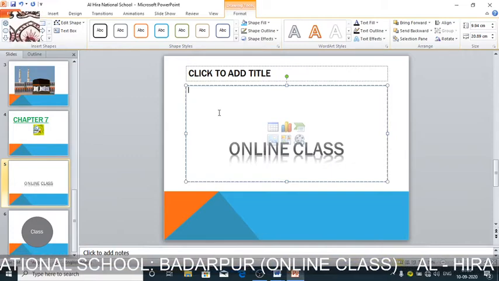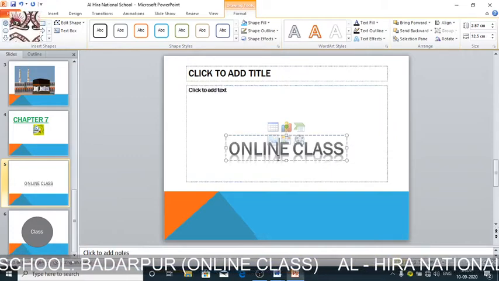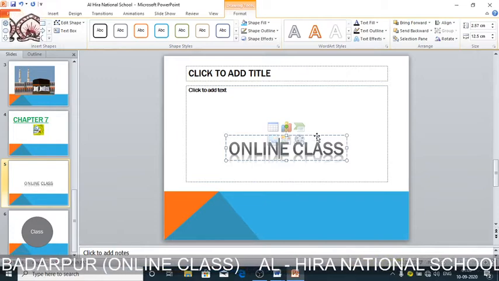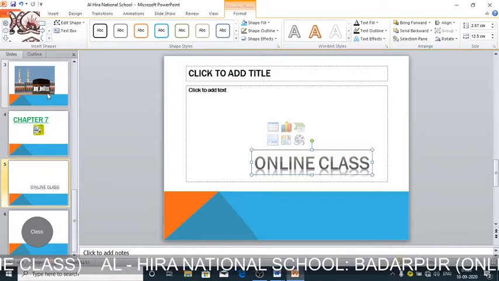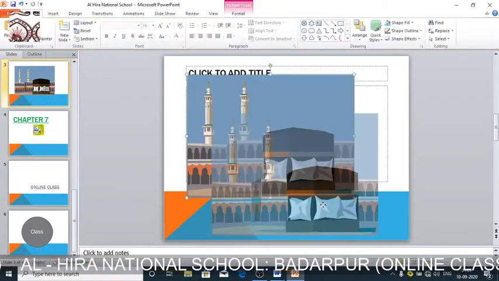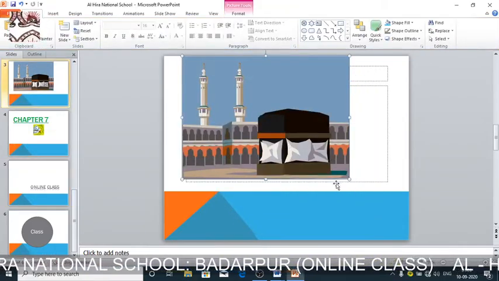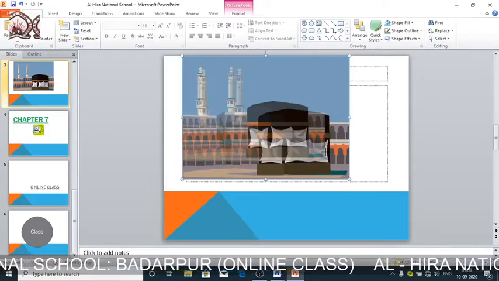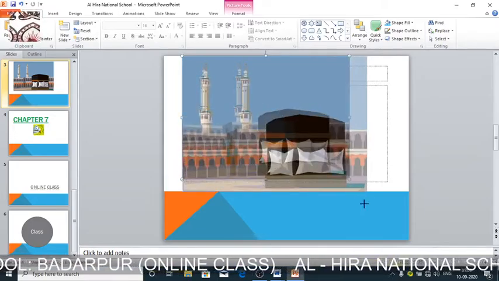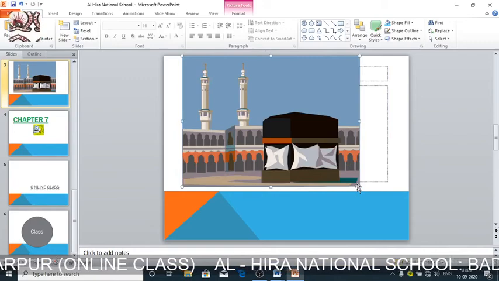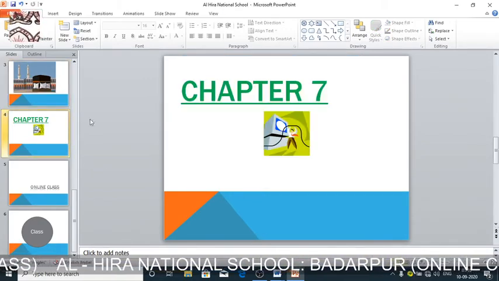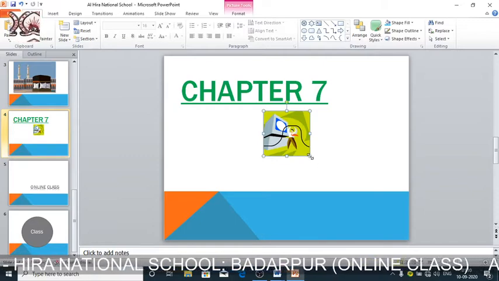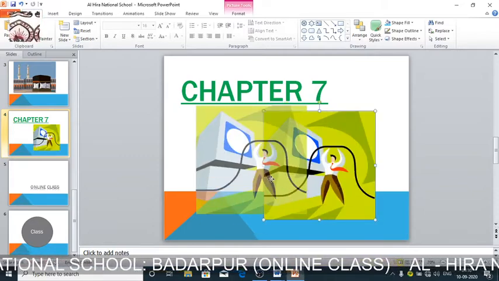Now we can also move the object. Suppose I want to move this. This is an object, so I can move it to the top, bottom, anywhere. Not only text, we can move the image also. We can also resize any picture; we can just select it and resize.